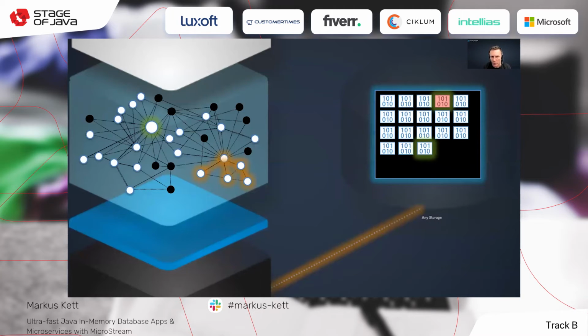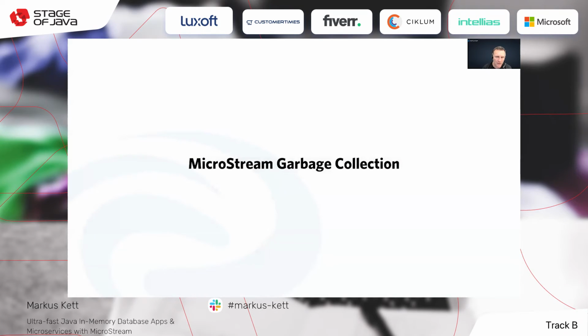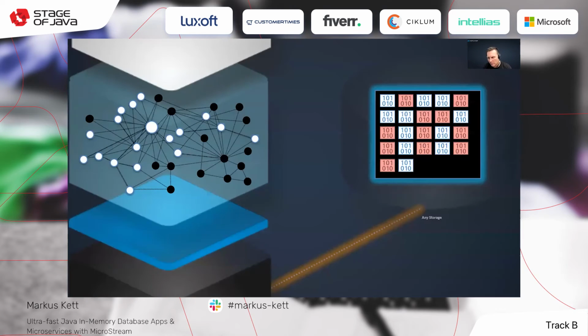So you get versioning of your classes automatically. And as I mentioned, we will change our classes all the time, which means your storage grows more and more. But with our garbage collector, this is not really a problem.